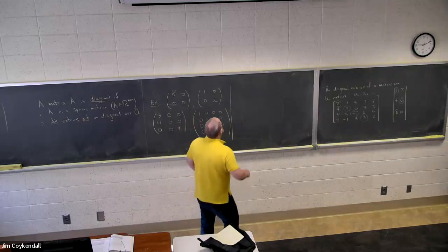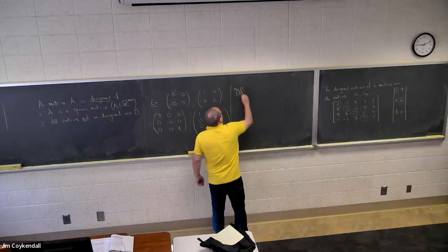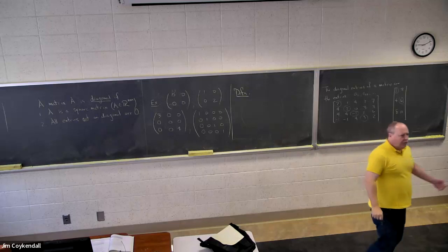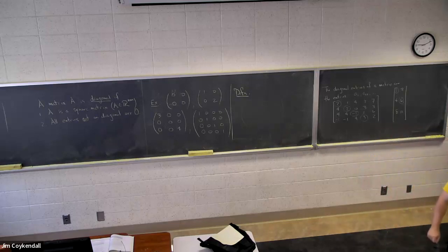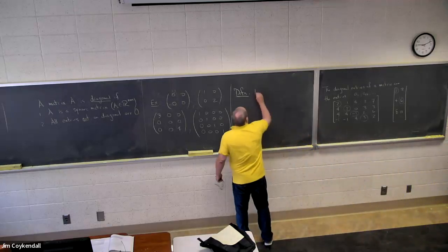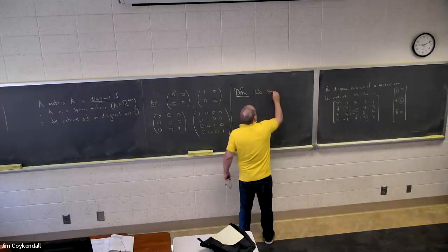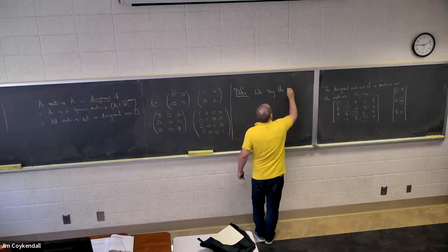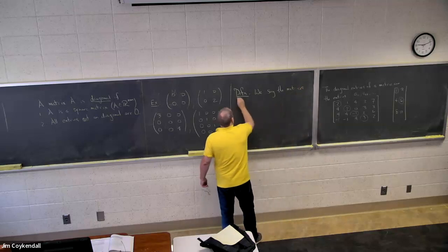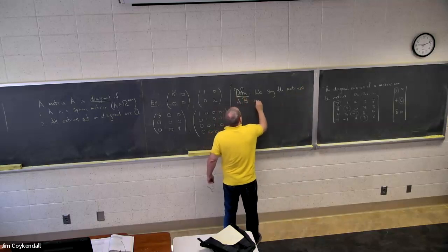Let me give you another definition. Two vectors are equal. We say they're equal if they're the same size and they have the same corresponding entries, right? It's the same thing for matrices. We say the matrices A and B are equal if, number one,